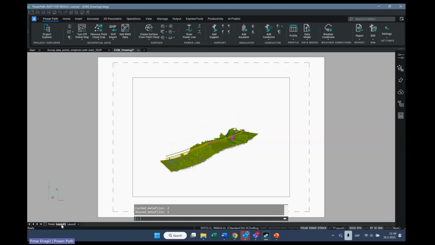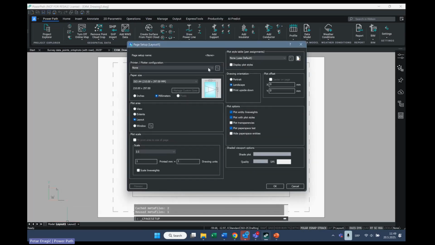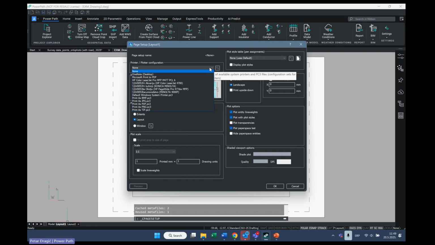If we go to Layout, we added an option for printing or saving or recording your project in image formats. We now support BMP, JPG, PNG, and TIFF for saving your project. In the previous version, of course, you had options for printing and for recording in PDF file.